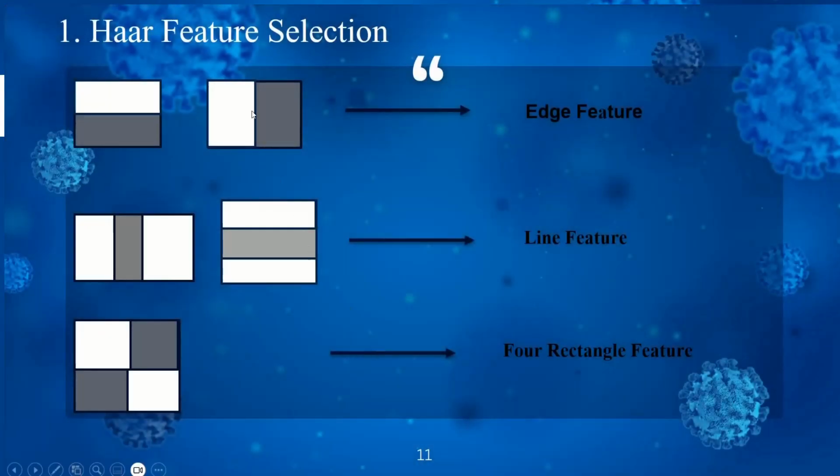The first stage is Haar feature selection. In this feature, we have edge feature, line feature, and four rectangular feature. The Haar features tend to be two valued features, that is white and black. The white represents high value and black represents low value. The second feature